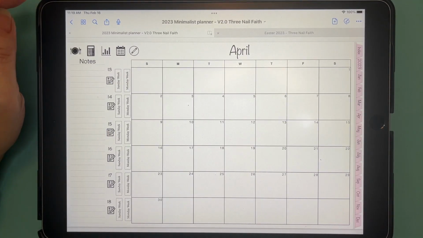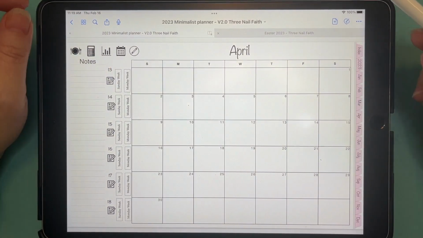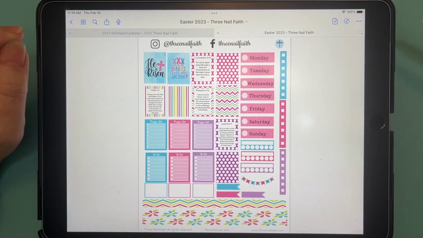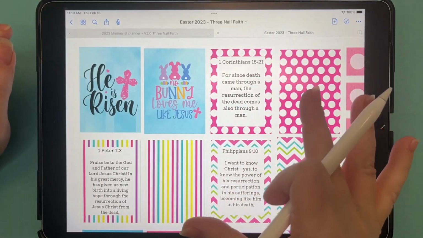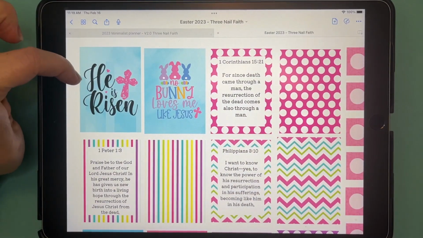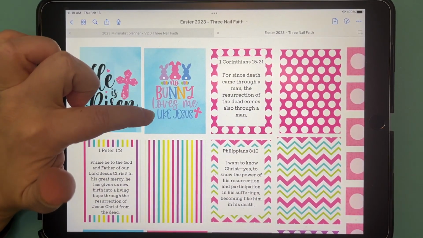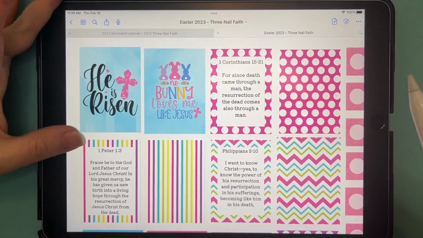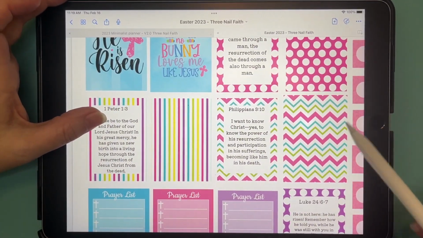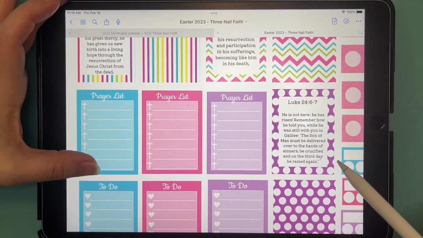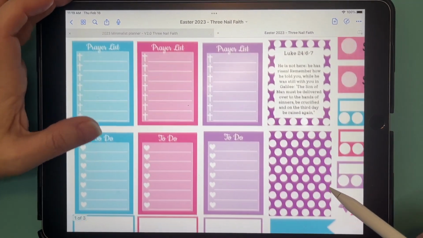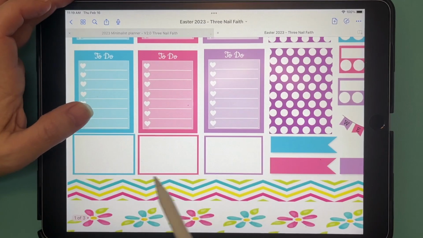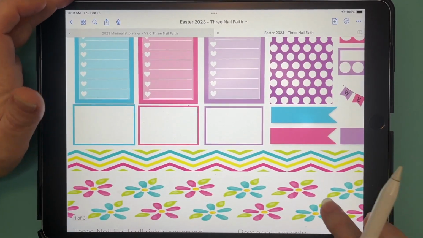Okay, so we're going to do the month of April, and we're going to use the Easter kit. I'll zoom in a little bit for you so you can see them a little clearer. We have He is risen, no bunny loves me like Jesus, a Bible verse, 2 more Bible verses, some background, prayer list, another Bible verse, another background, some boxes, some washi tape,